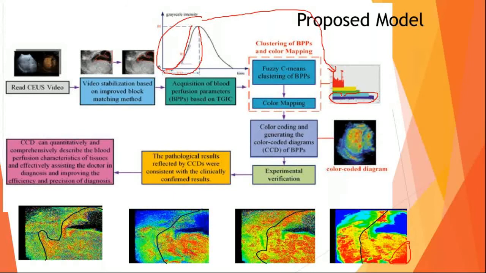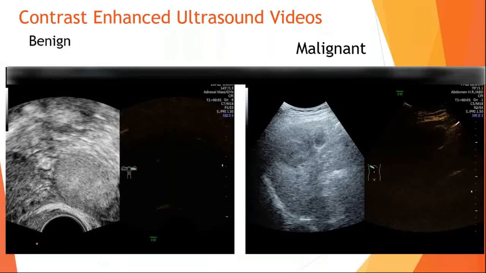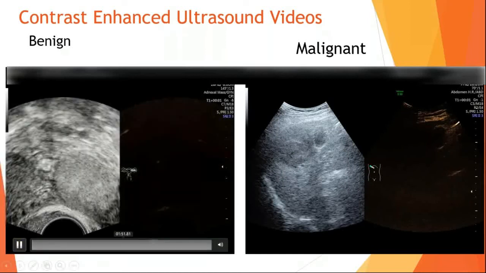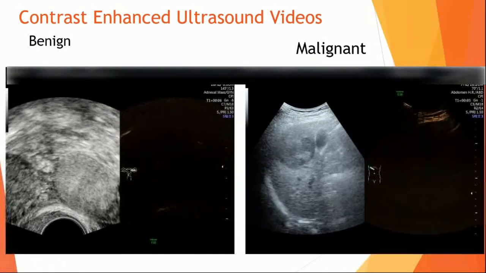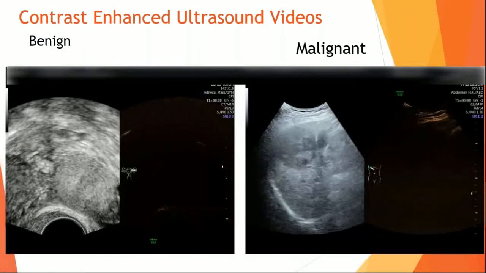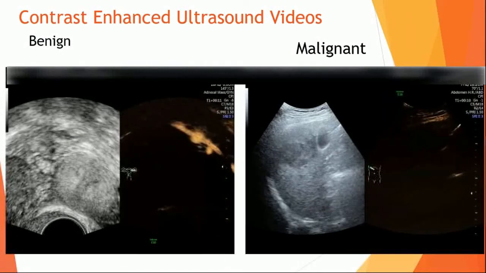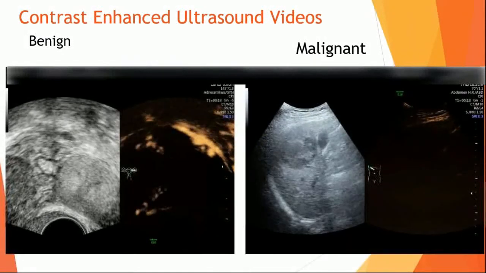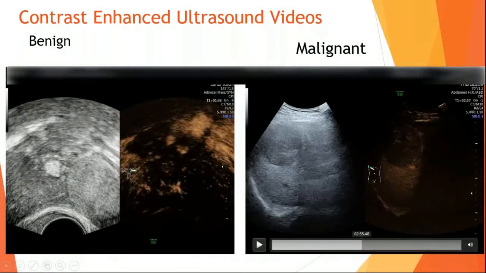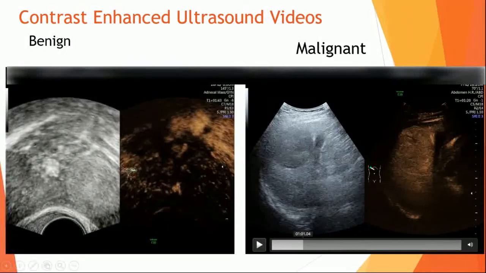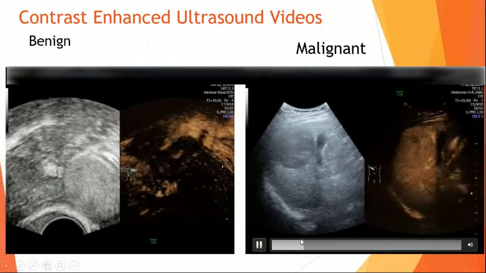So using this, the doctor doesn't need to sit and look at that. You don't need a big experience to do this. All he has to do is send this video to us or to the system, and we run it inside our algorithm. If it is a malignant cancer, it gives you more red responses. If it is going to be a benign case, it has more blue regions. And you can see here, it goes up and down at a much faster scale.